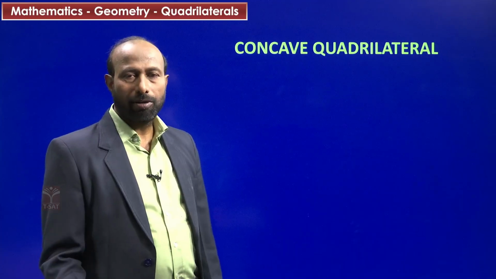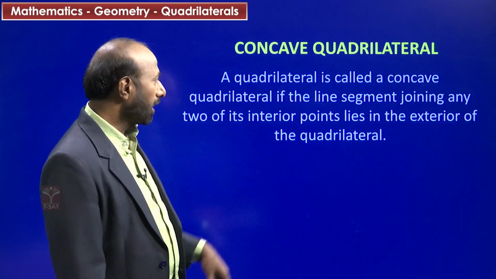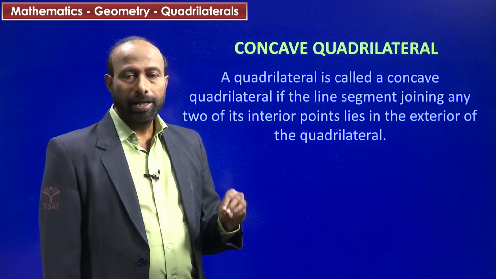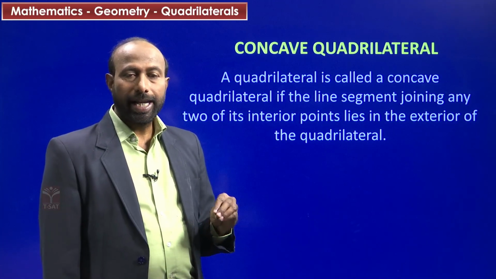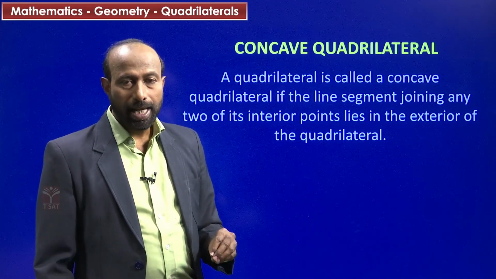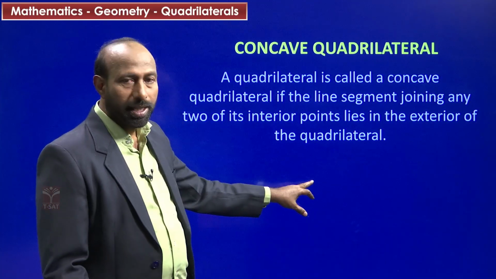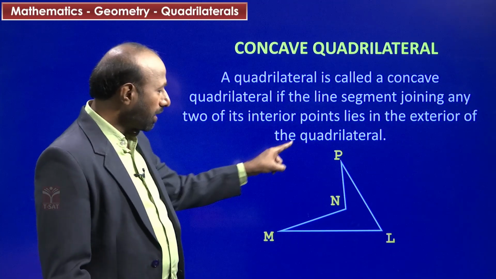And one more type of quadrilateral is the concave quadrilateral. A quadrilateral is called a concave quadrilateral if the line segment joining any 2 of its interior points lies in the exterior of the quadrilateral. That is, if we see in this picture, we have